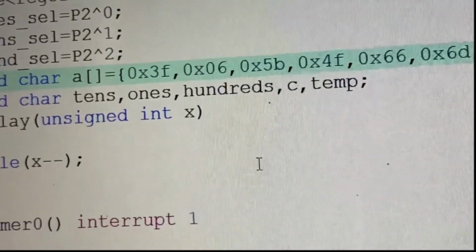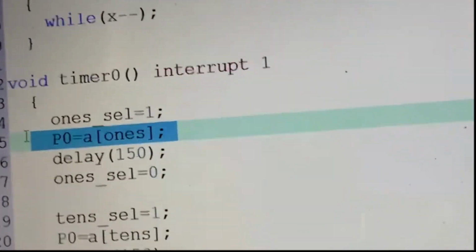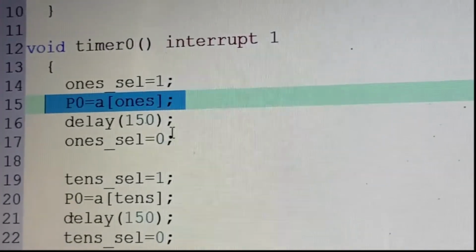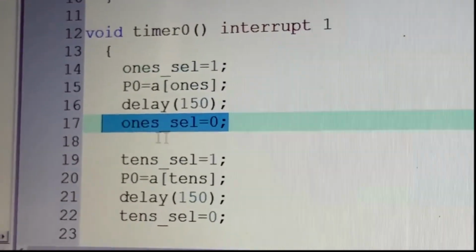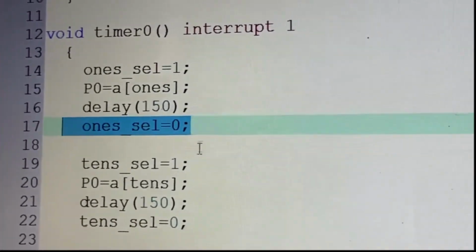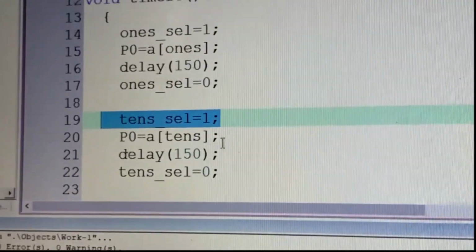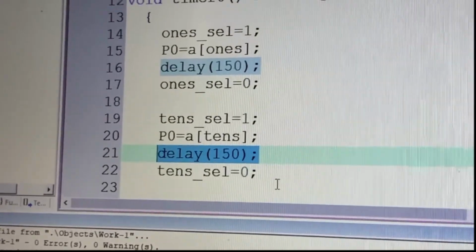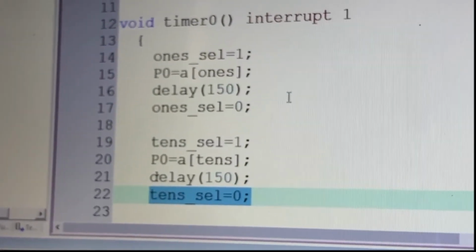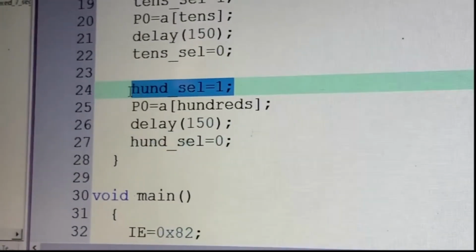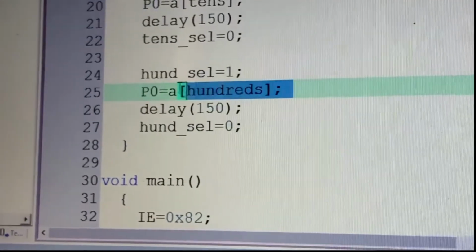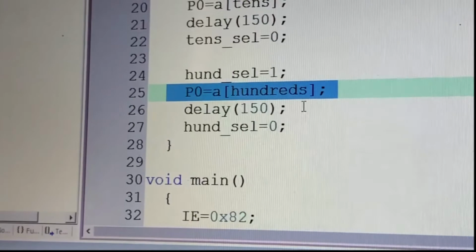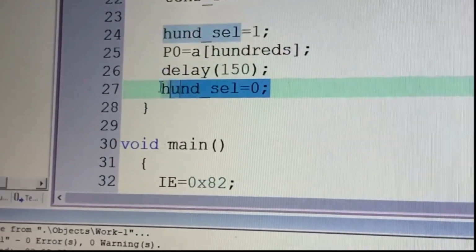So here A of 1s means the 1 segment value will be transferred to port 0, and after some delay we switch off the 1 segment and switch on the 10 segment, sending out the 10's value to port 0. After some delay we switch off the 10 segment and switch on the 100th segment, and after sending out the 100's value to port 0, after some delay we switch off the 100th segment.